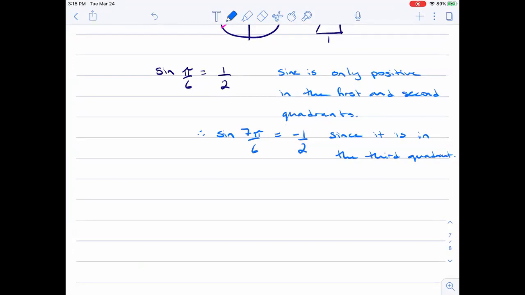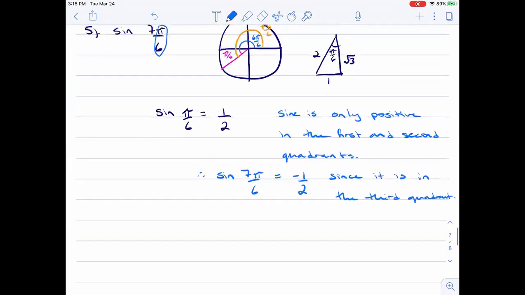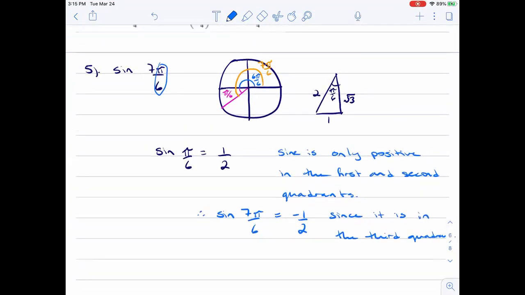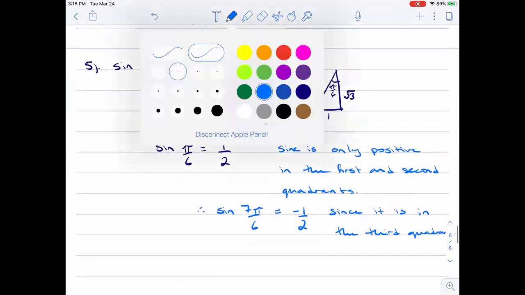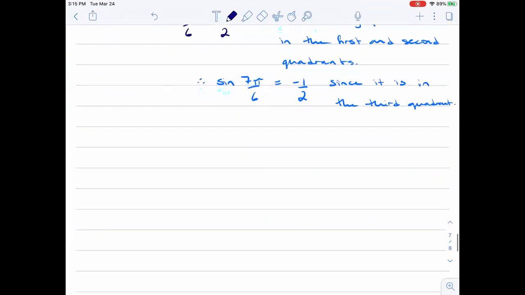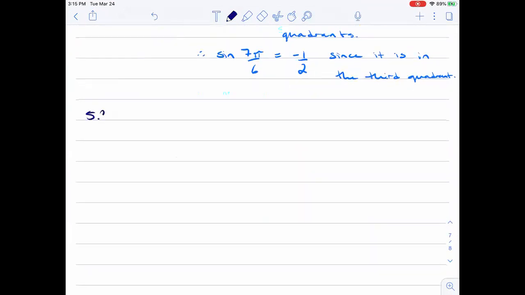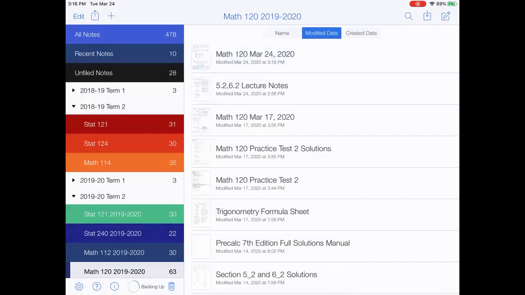So just flipping through here and kind of keeping an eye on the time. Let's keep going to section 5.3 because we did spend some time doing these last day. But definitely go through and review them and make sure that you've got them all under control. And then let's keep going to 5.3. So 5.3 is for graphing. And so section 5.3